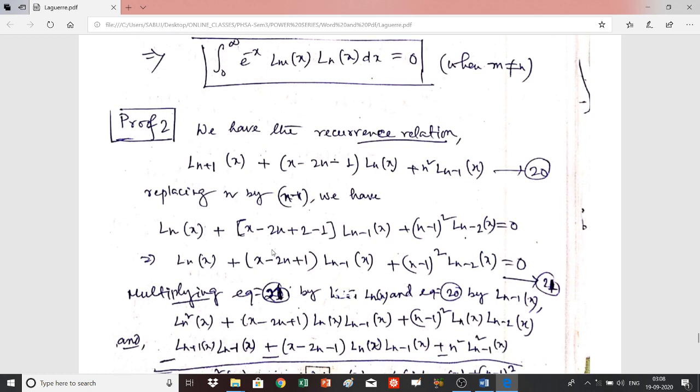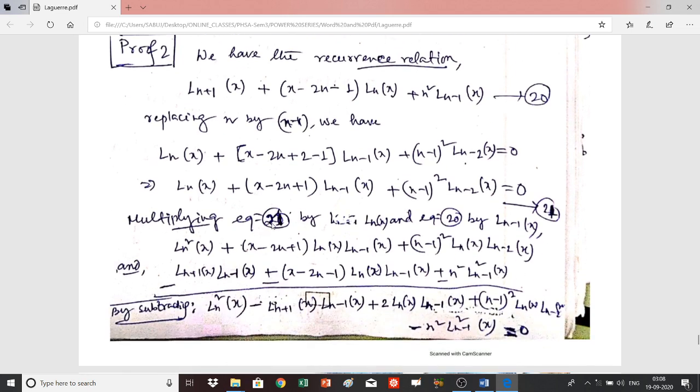that is equal to 0. And from this you can easily find that Ln x (x minus 2n plus 1) Ln minus 1 x plus (n minus 1) whole squared Ln minus 2 x is equal to 0. This is equation number 21. Now multiply equation 21 by Ln x, and equation 20 by Ln minus 1 x. So multiply this equation by Ln minus 1 and multiply this equation by Ln x, then what we will get,